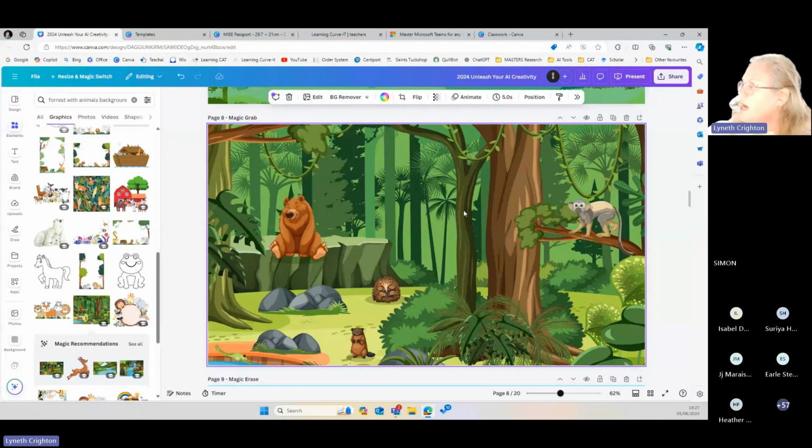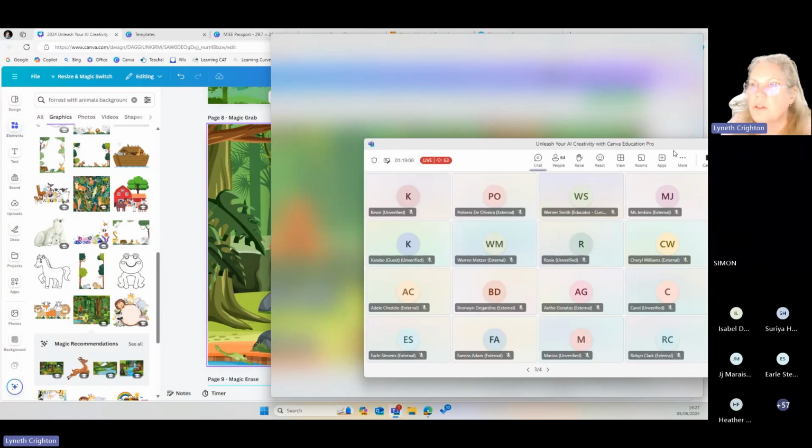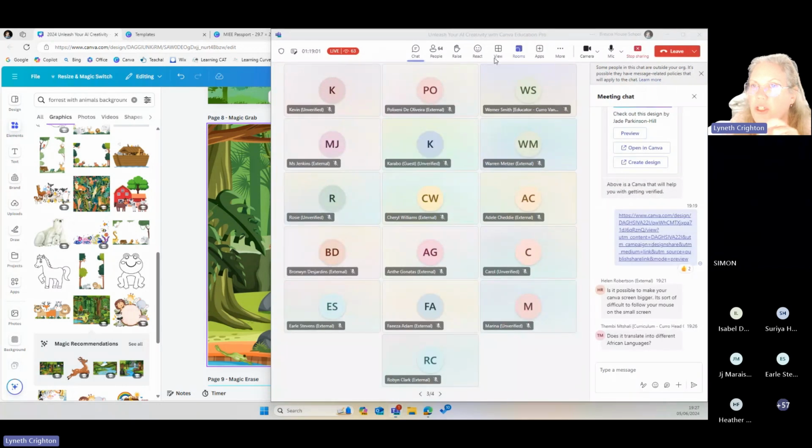Sorry, Helen. The best thing I can suggest for you to make it bigger on your Canva, mine is on a 27-inch screen, which is what I'm sharing, is if you had a touch device, you can zoom in and rearrange what you're looking at. You can also, in Teams, change the view. It's going to pop up at the top here.